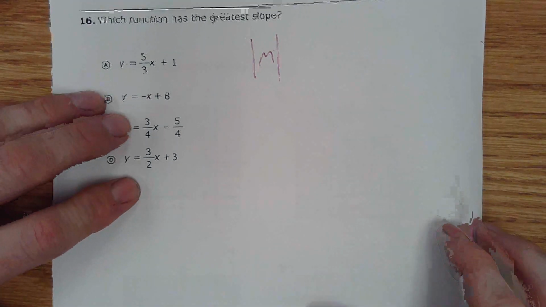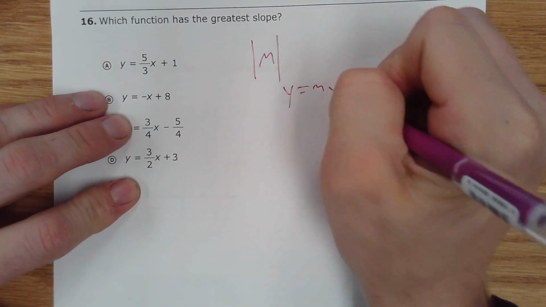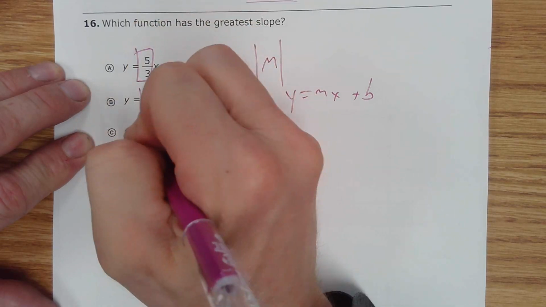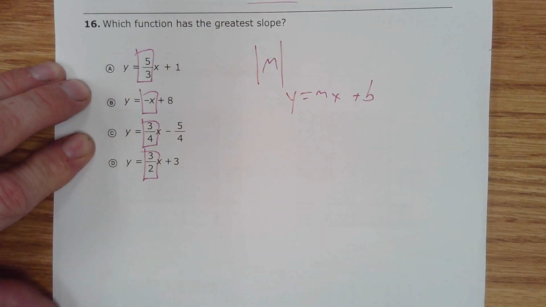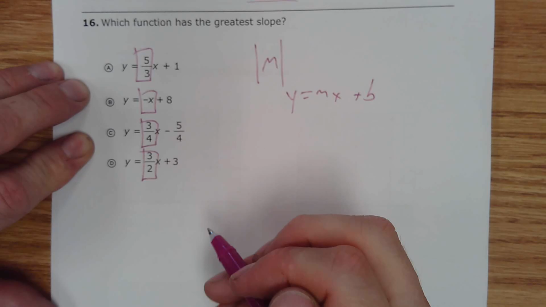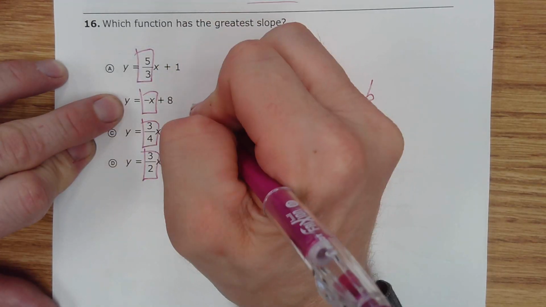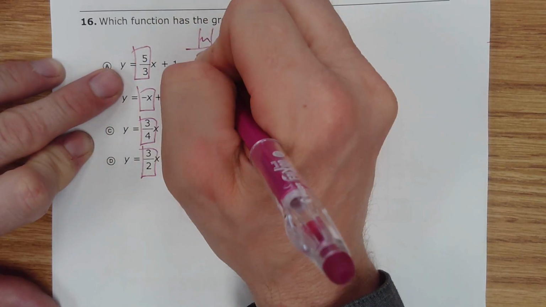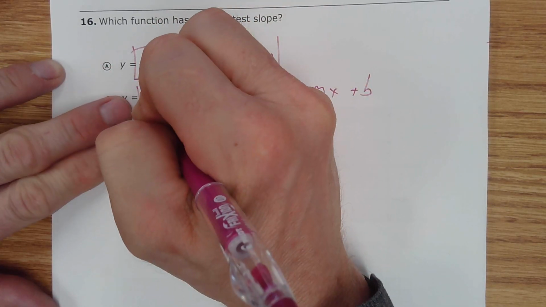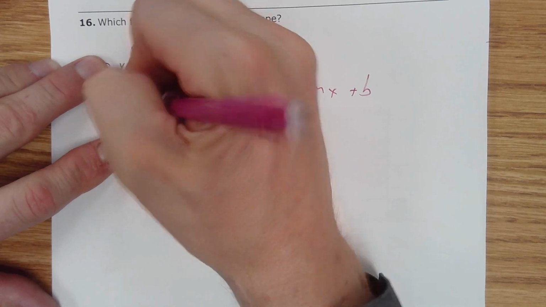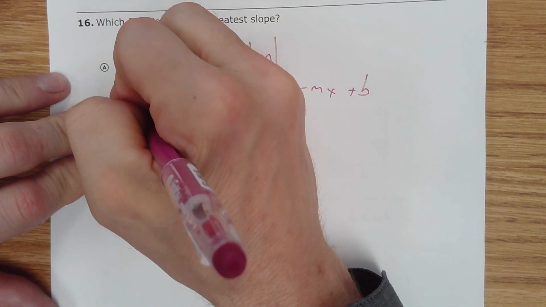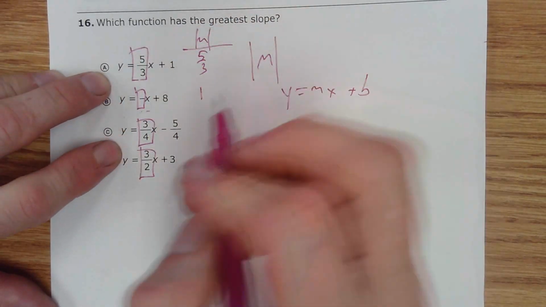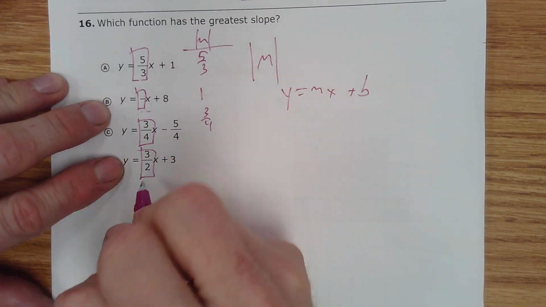Right, so my slope is, remember, y equals mx plus b. So that is a slope, that is a slope, that is a slope, and that is a slope. Which one of those has the greatest absolute value? Well, this is a 1, so my absolute value of my slope is going to be 5/3. This is a -1. Actually, I should probably say this is my slope. All right, so the absolute value of this is 1. This is 3/4, and this is